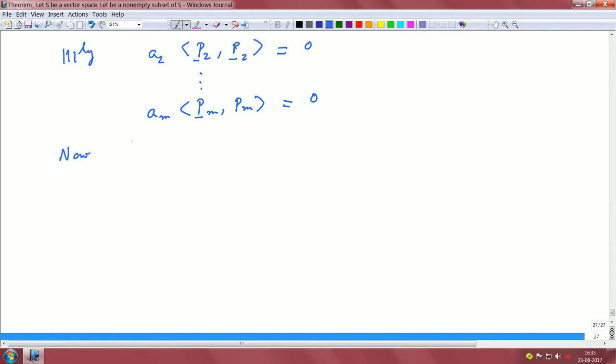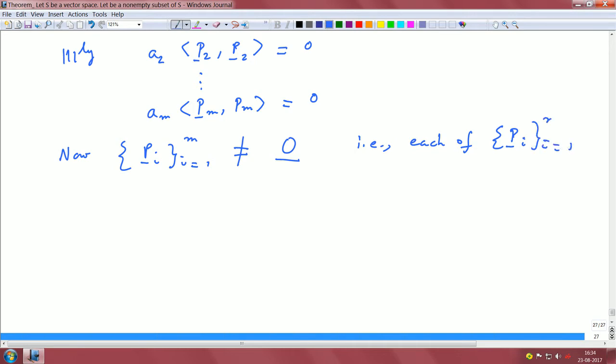Now, these Pi's, i equals 1 to M, they are not equal to null, which is an important condition. Not all of them are nulls, right. That is, each of these Pi's, i equals 1 to M, are non-zero,